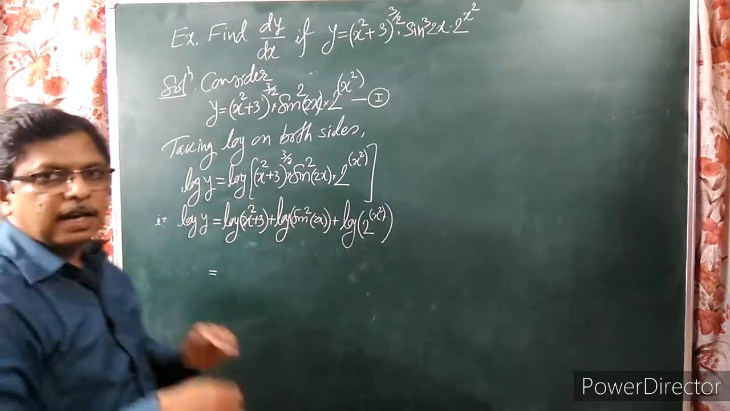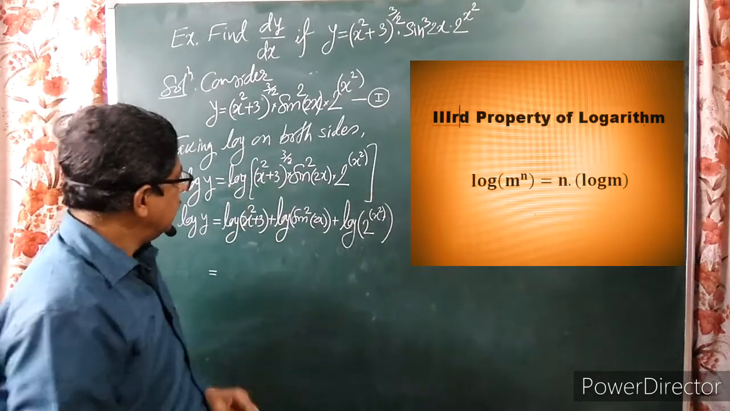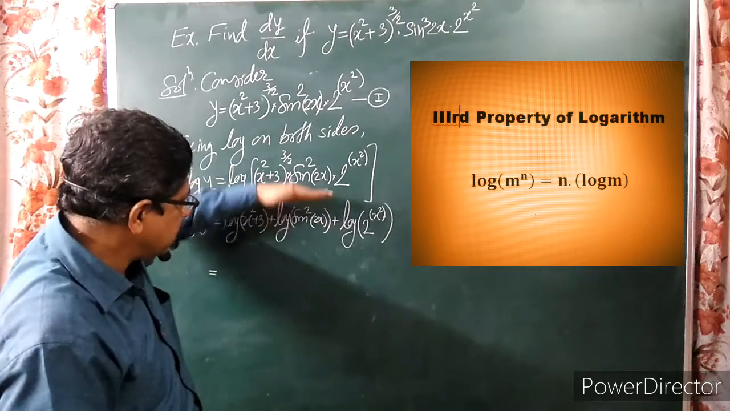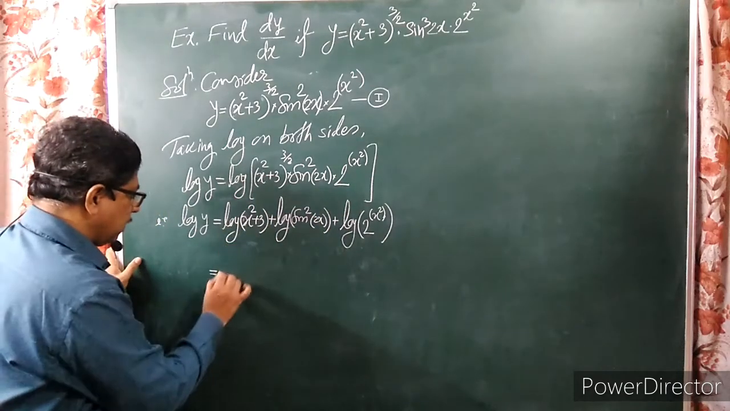Now we'll use another property. इथे डिव्हिजनची प्रॉपर्टी नाही, त्यामुळे सेकंड प्रॉपर्टी वापरायचं नाही, डिव्हिजन कुठंच येत नाहीये. It is in the form log of m raised to n. इथे बघा साइन चा स्क्वेअर आहे आणि 2 raised to आहे, इथे काही प्रॉपर्टी राहणार नाही. हा तसाच ठेवा, log of